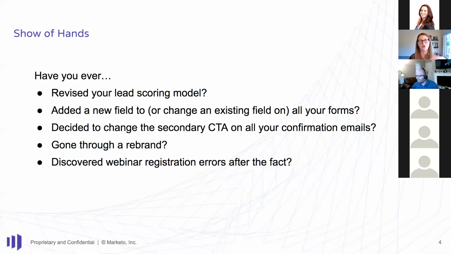and whether that's completely revising the model or maybe just making a tweak, like adding more points for a webinar or less points for email opens. Okay,